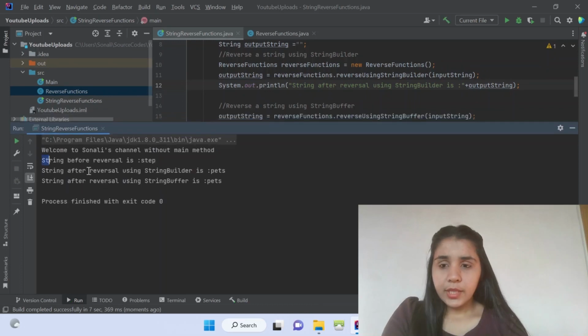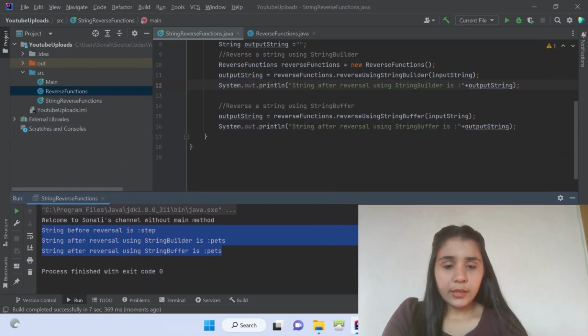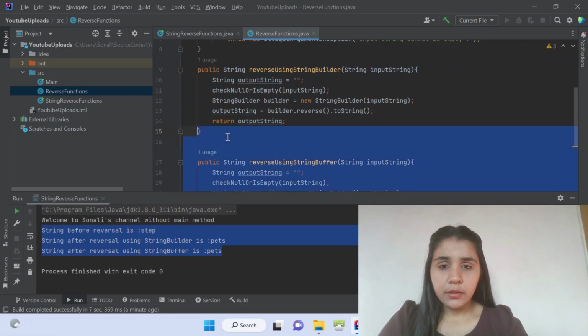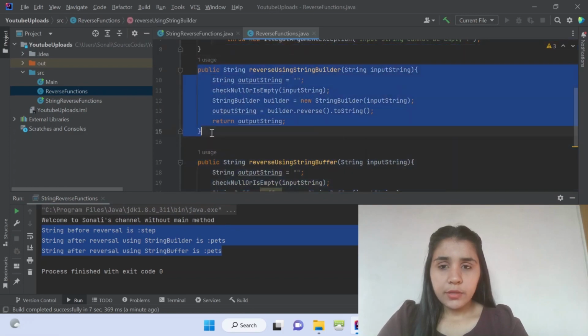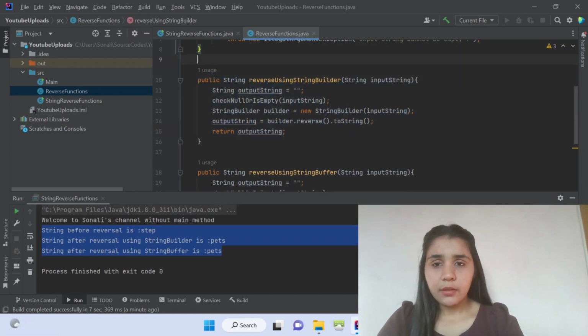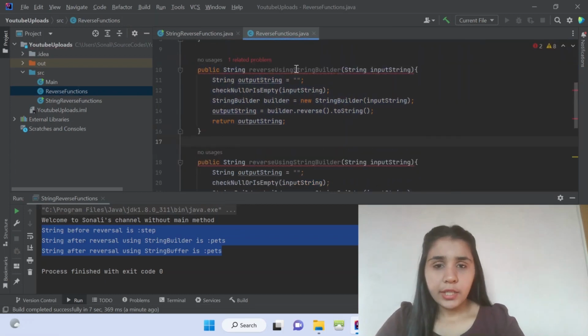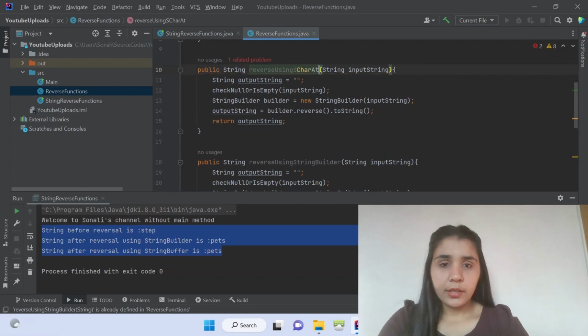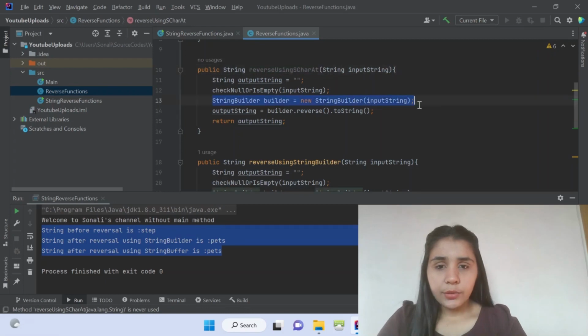Yes, so if you see, using StringBuilder and then using StringBuffer. Now the third way is using the charAt method. So let's create a function for the third way. I will just copy the same method once again, and I will rename it using charAt. So again I will check null or is empty check, and without using this buffer,